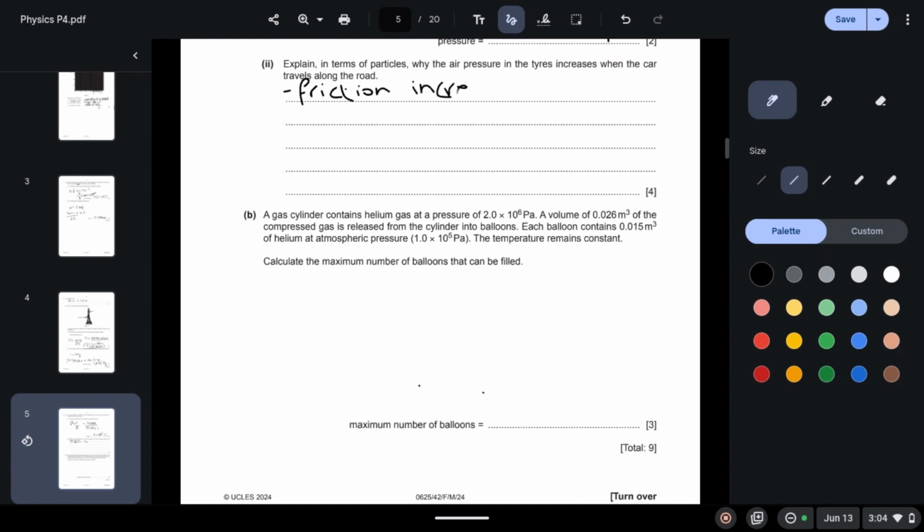Friction increases, which causes an increase in temperature, particles gain